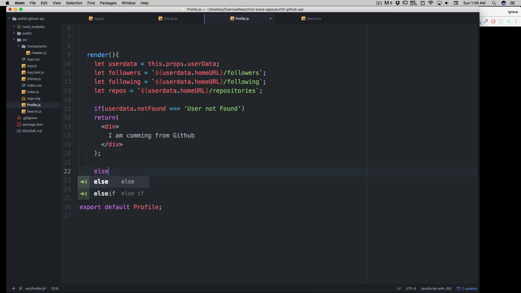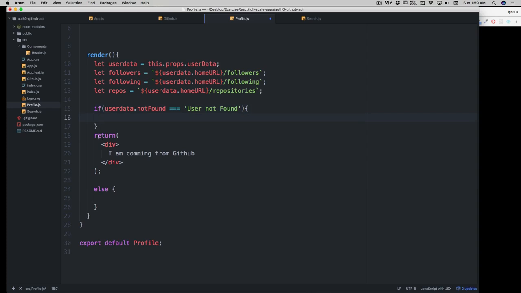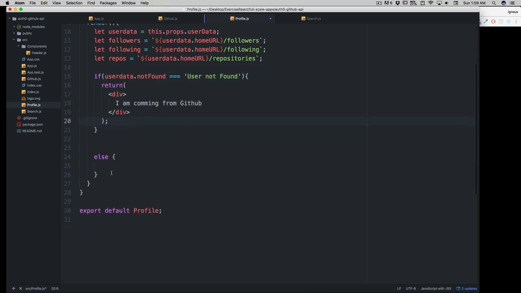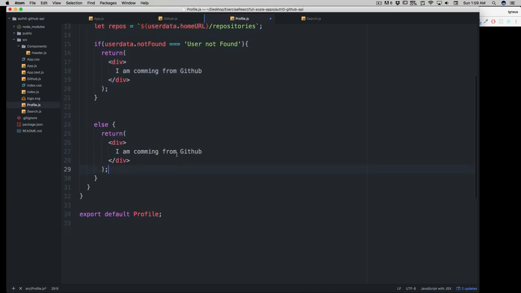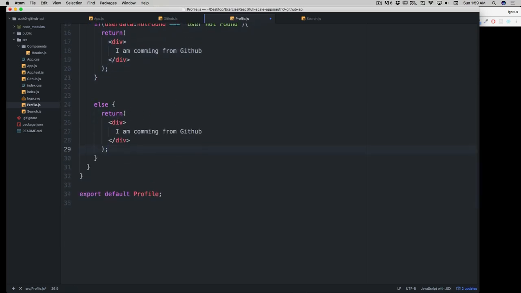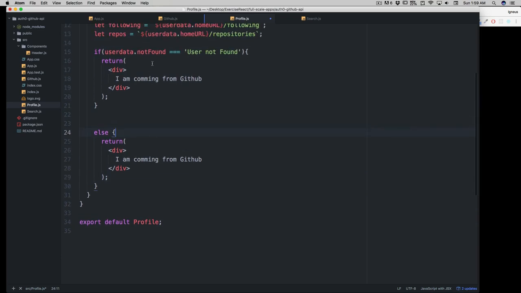Else we want to render something else. Okay, so I'll hit an else. I don't need any curly braces there, but having curly braces is always a good idea, so I'll just use curly braces there as well. Just return this, cut that and paste that again. I know there's a lot of cut and pasting going on, and let me just copy this as well so that I don't make a typo. And there we go. So in case everything is not good, we're gonna render